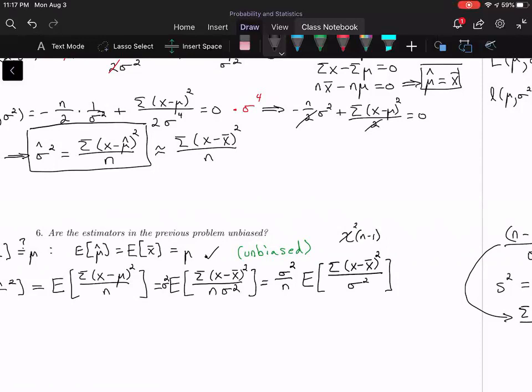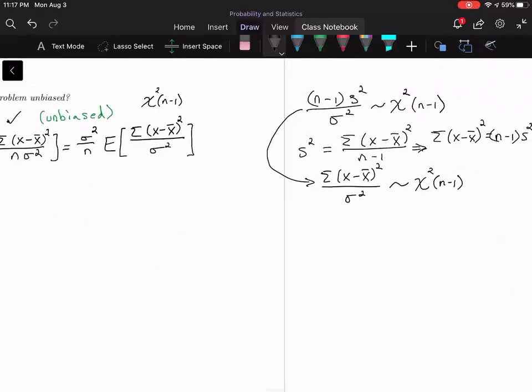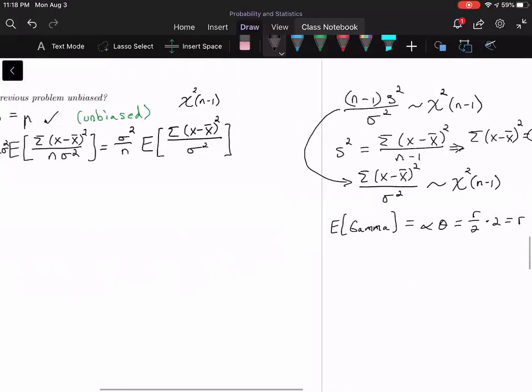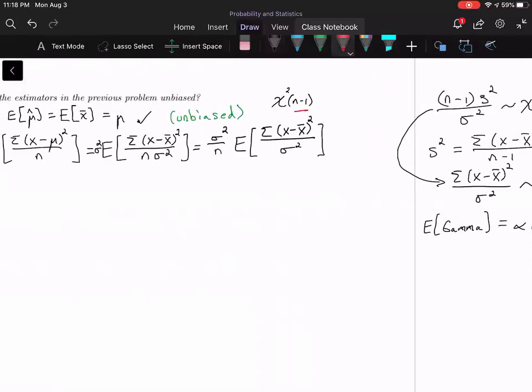And if you look at your table, you won't see the chi-square, but what you'll see is for gamma, that the expected value for a gamma distribution, remember expected value is mean, is alpha theta. But for chi-square, alpha is r over 2, and theta is 2, which means that the expected value or mean of a chi-square distribution is just the degrees of freedom. And the degrees of freedom, in our case, is n minus 1. And so that means that this is sigma squared over n times n minus 1,